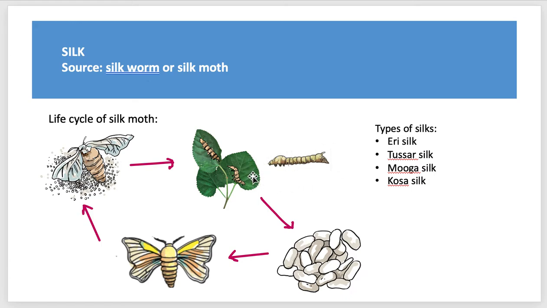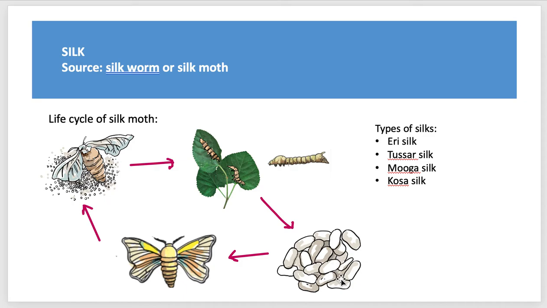And the silkworm feeds on different types of leaves. The most popular type of silk is called mulberry silk, and this mulberry silk is when the silkworm feeds on mulberry leaves. Mulberry is a type of tree. When silkworms are made to feed on mulberry leaves, they produce mulberry silk. That way, silkworms are made to eat different types of leaves. And once they keep eating and eating, and they grow in size, they enter the next stage, which is called the pupa stage.